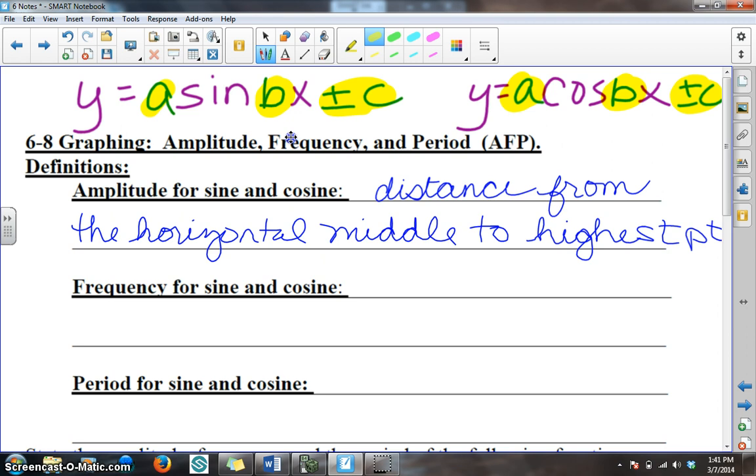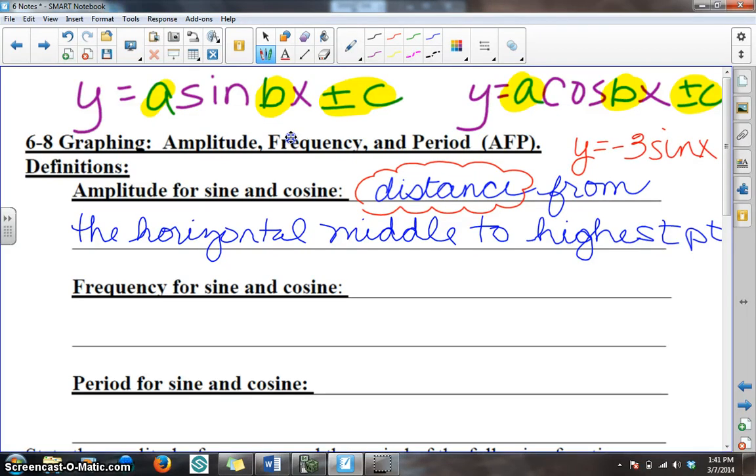So the amplitude, since it changes the height of the graph, is going to be defined to be the distance from the horizontal middle, or the x-axis in a regular graph, to the highest point on the graph. Tell me something you know about distance. Has to be positive. So if I gave you an equation like y equals negative 3 sine x, what would be the amplitude